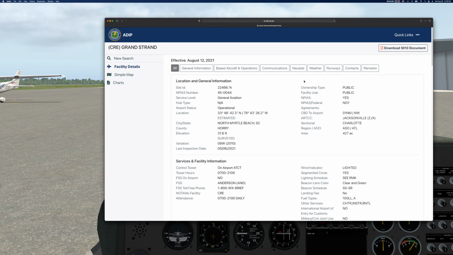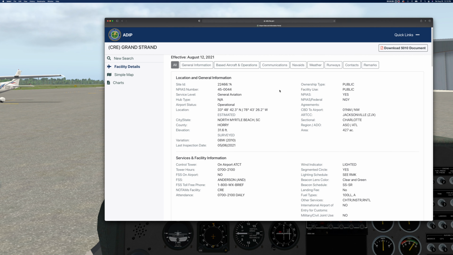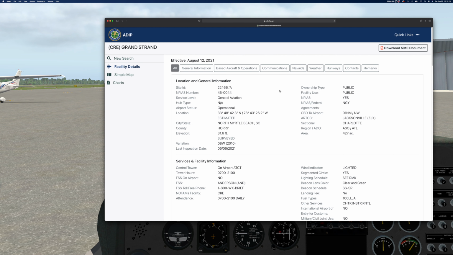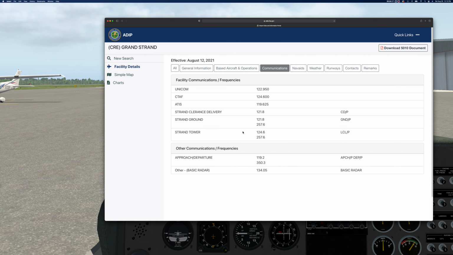This is all the information that the FAA has about the airport. I'm not going to go through all of this today, but there's two things I want to cover. The communication gives you the tower frequency, the ground frequency, clearance delivery, the ATIS, which we will use today, Unicom, and